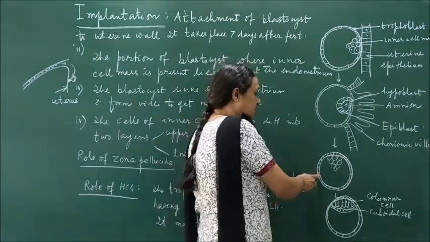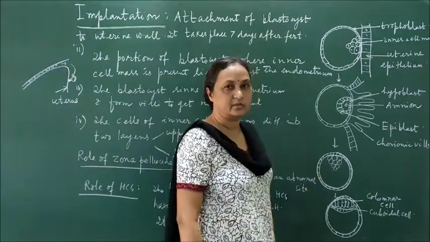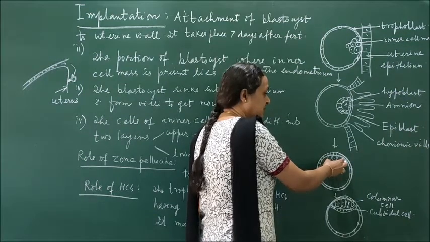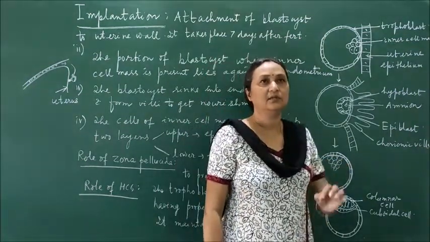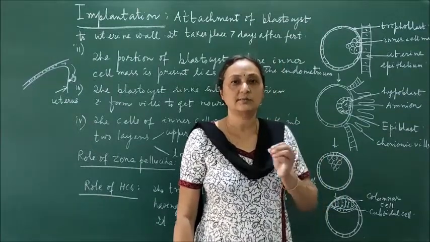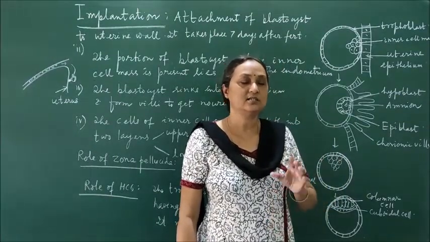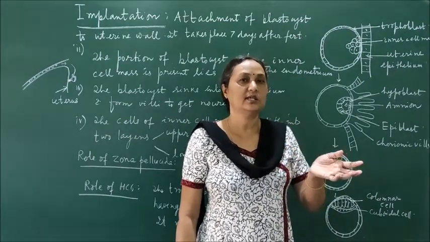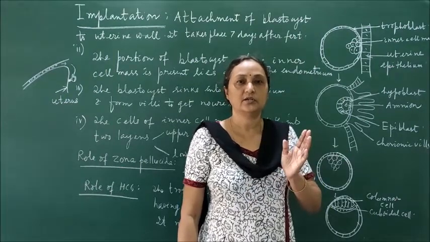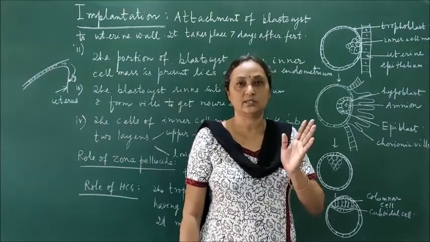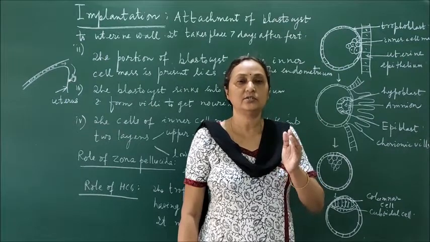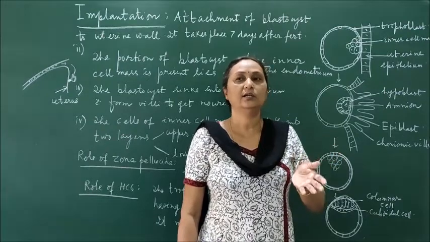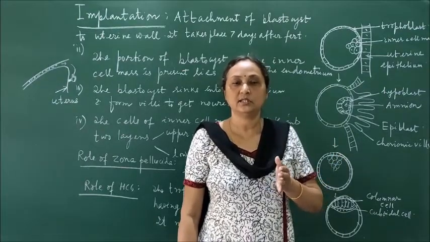There is no role of the trophoblast in the development of the human baby. The baby develops only from this cell mass, the inner cell mass, because the inner cell mass has a different type of cells called stem cells, and stem cells have the potential to develop into any kind of cell or organ. That is the property of the stem cell. A stem cell is not like a normal cell. A normal cell can only divide to produce a similar kind of cell. But from the stem cell, any kind of cell or any part of the organ of the human body can develop.